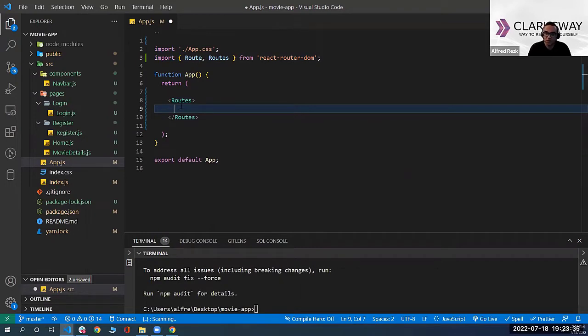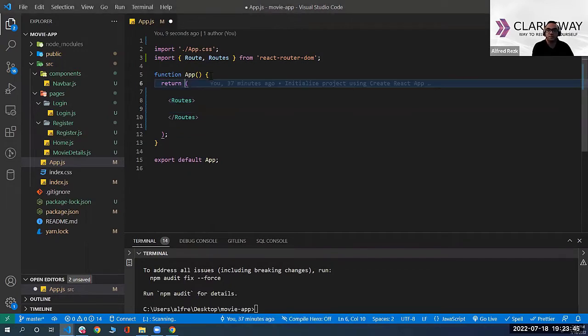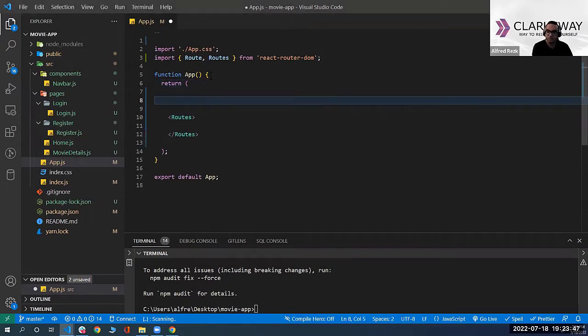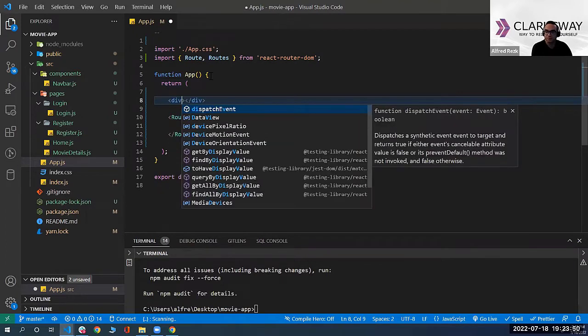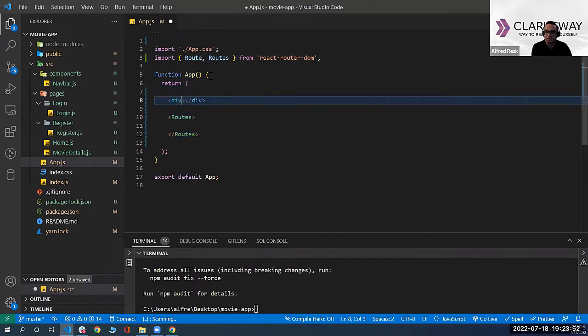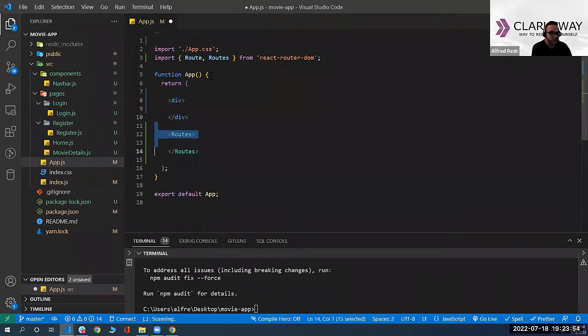And now I'm going to start creating my routes for my application. And my application should have, even before the routes here, so actually I need to have a div and put the routes inside it,